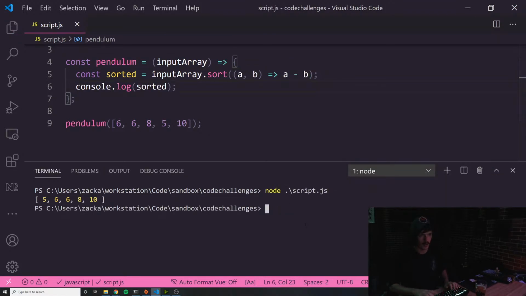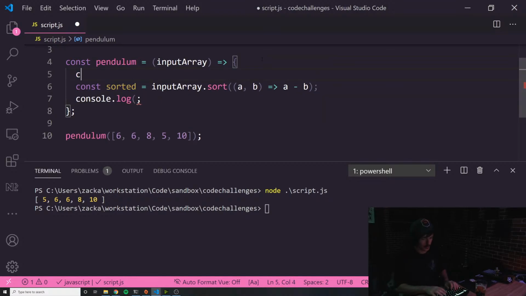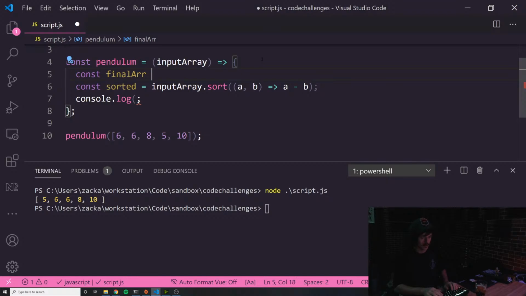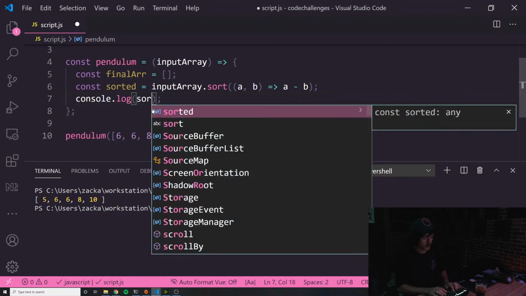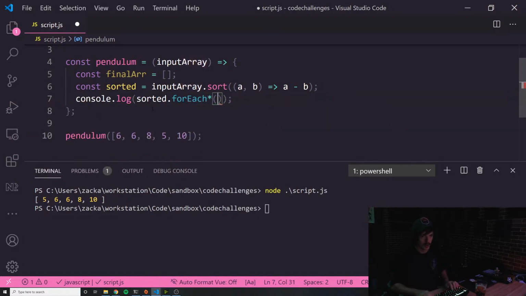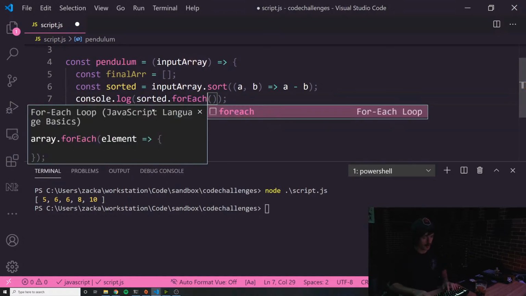Let's go ahead and see. So yep, now we have the sorted array. So what we want to do is go through this array. So I'll probably say sorted.map. Or no, we definitely don't want to do map. We want to create an empty array up here. So maybe const finalR, set that equal to an empty array. And then we're going to forEach through this. So sorted.forEach